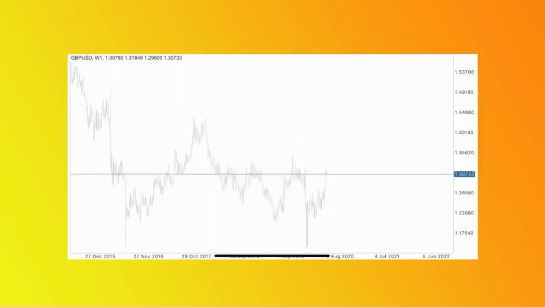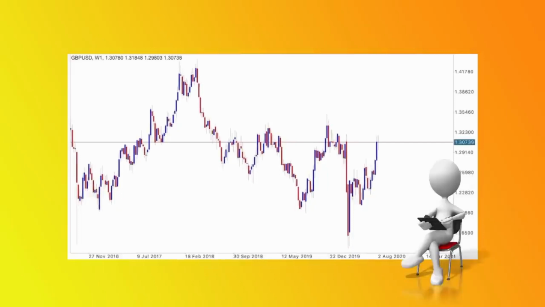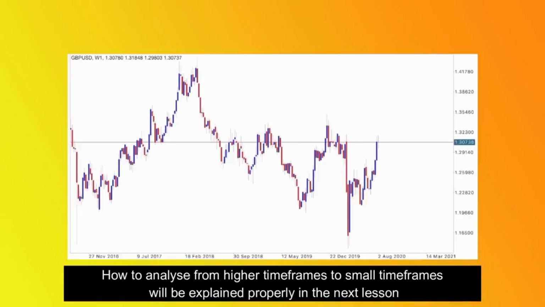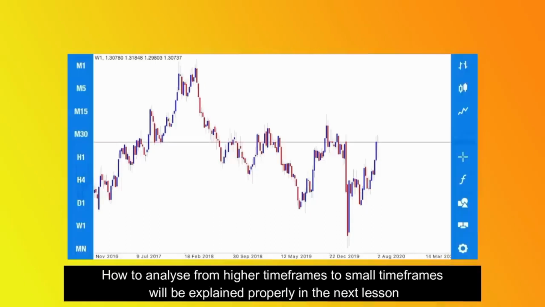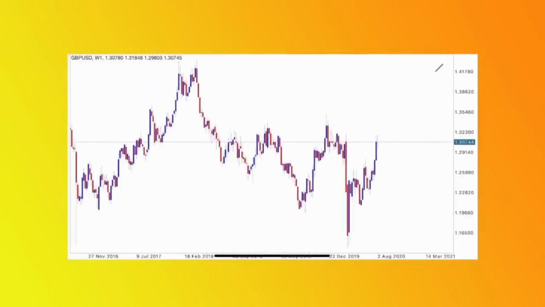Now let's go to a smaller time frame and see what we can do with this specific trading instrument. So in terms of finding areas like this, you can also use trends on high time frames. Remember, guys, this is going to be the last approach because it's going to help you know how long you're going to hold a specific trading instrument. Let's say, for example, you want to do a trend on a weekly chart. I'm going to first come here